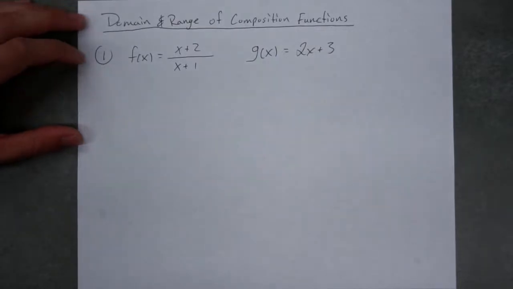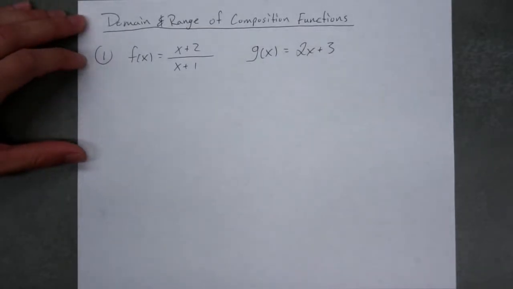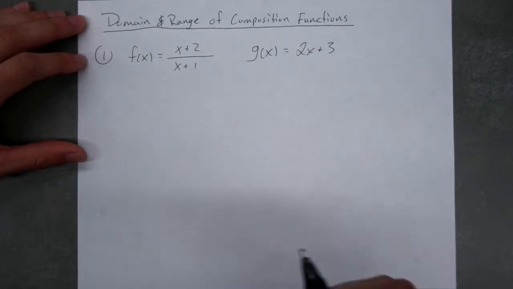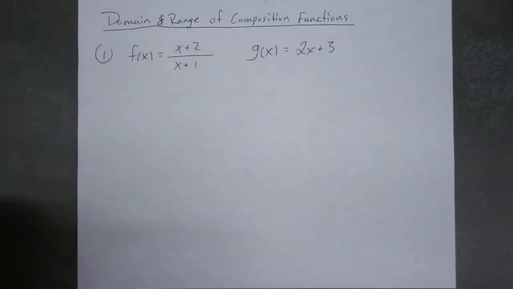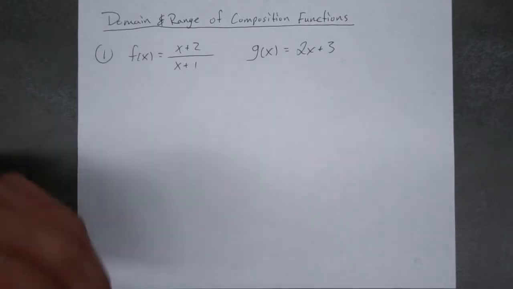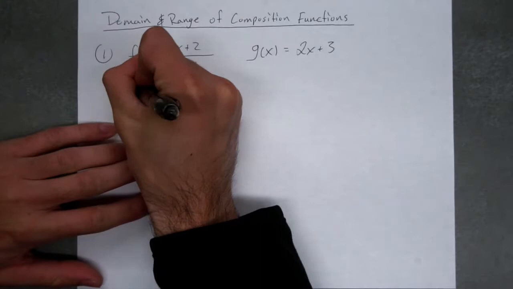Hello, this is Martin from the Math Center, and right now I'll be going over the domain and range of composition functions. So we have two functions. f of x is equal to (x plus 2) over (x plus 1), and g of x is equal to 2x plus 3. So we want to compose f of g of x,